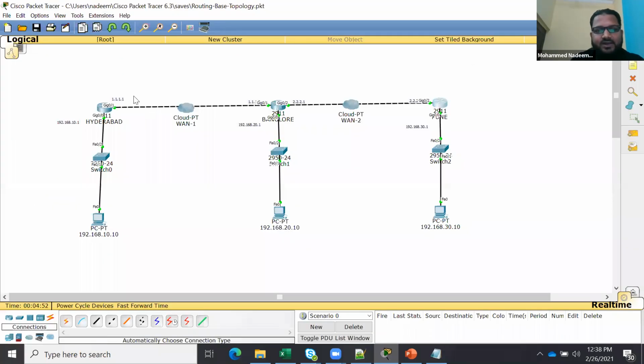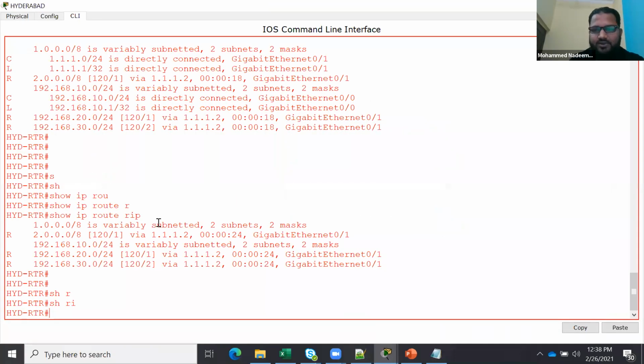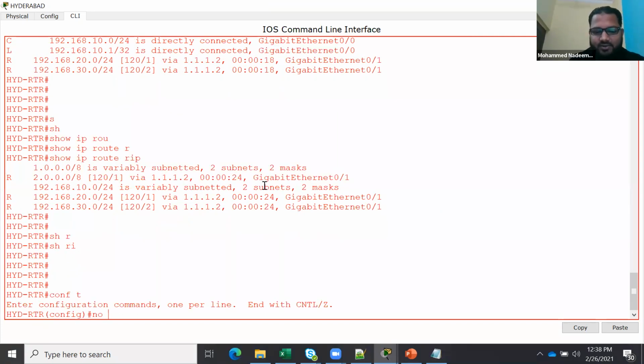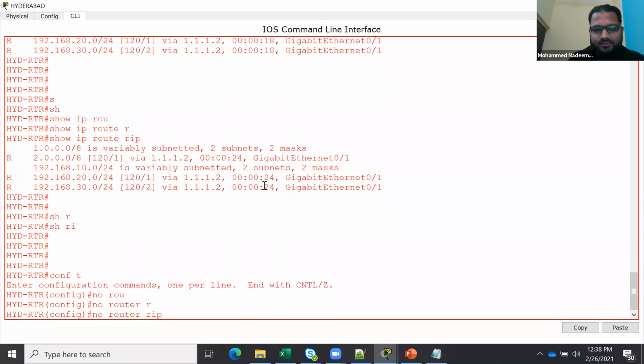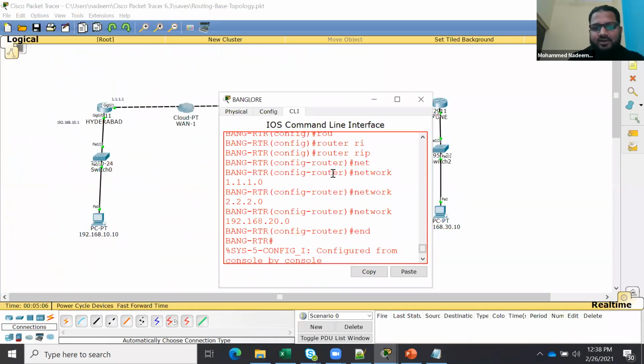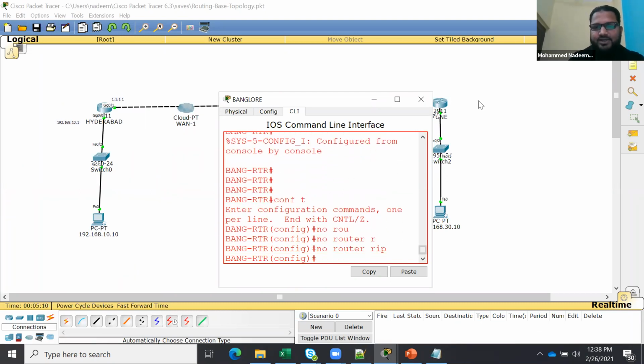So similarly, this is RIP, right? So you understand, right? How simple it is. If I go and say no router RIP, done. I removed the RIP. Similarly, if I go here, I will say config terminal, no router RIP, finish.